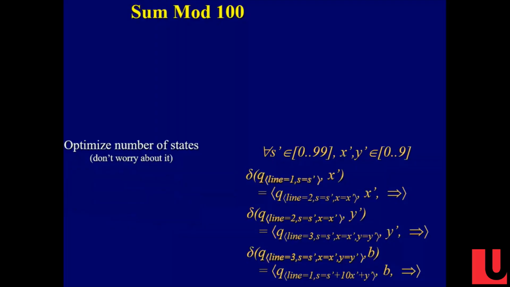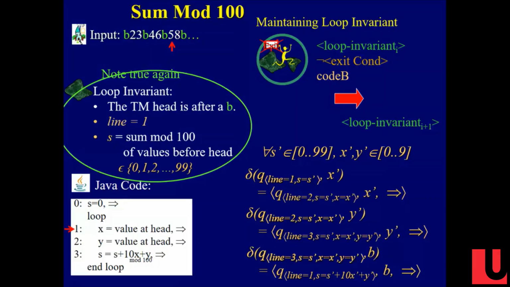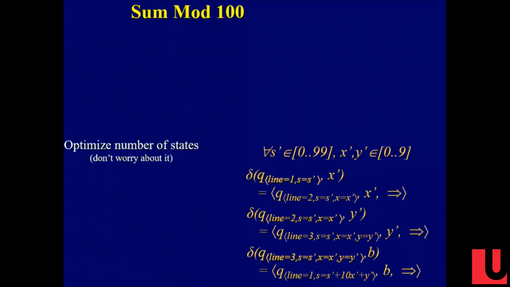All right, so now before we go on, let's show you how you can get an A+ on the course. This is an A. This is going to be an A+. I'm going to do it again, with fewer states. You'll note that down here, I don't need to know X and Y. I never need to know X and Y, and X and Y just makes the number of states go up, right?